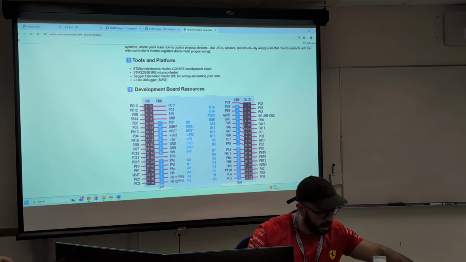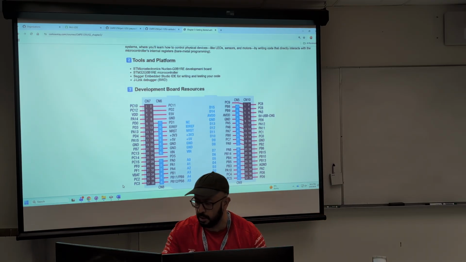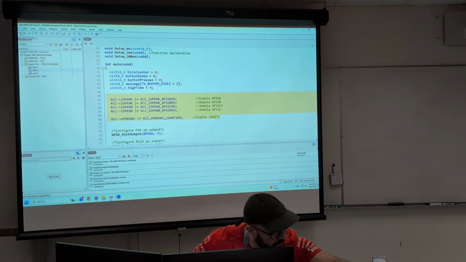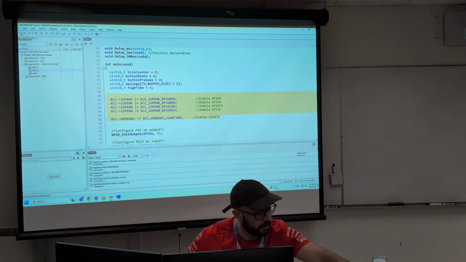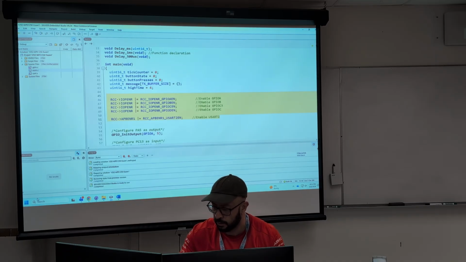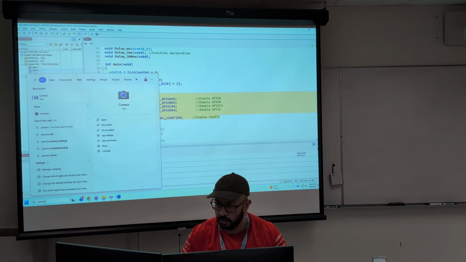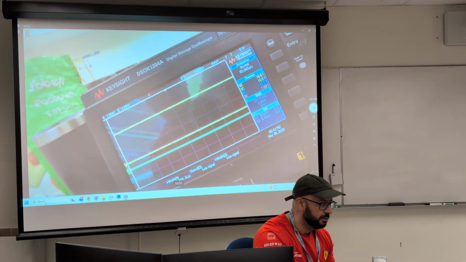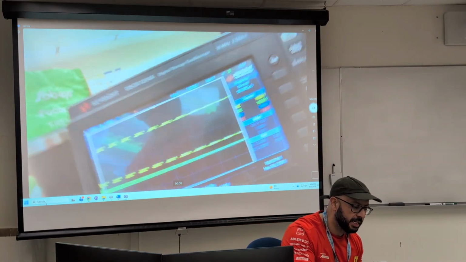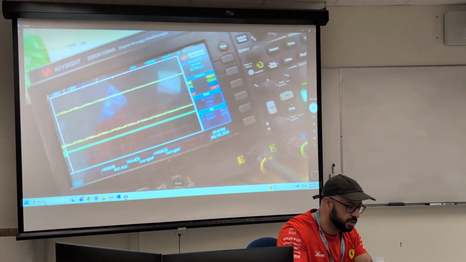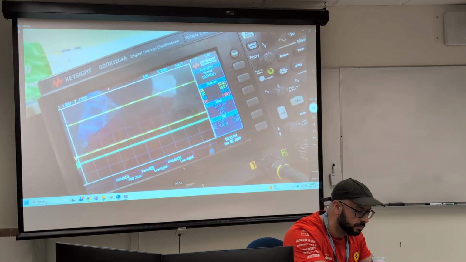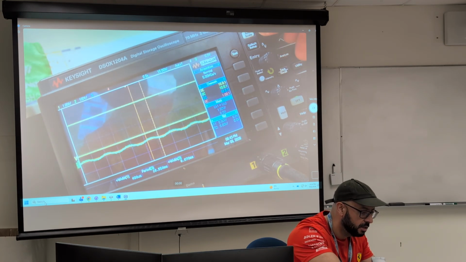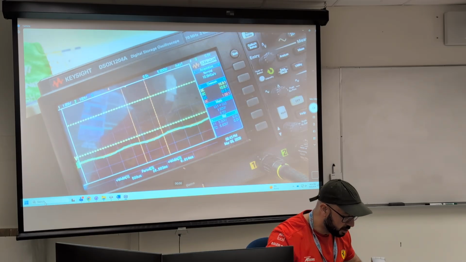I'm pretty sure this is probably not running yet. If you show me something like that, probably I didn't like it. Oh, somebody already pressed the auto set button here, maybe? Oh no, because the other one is not connected.